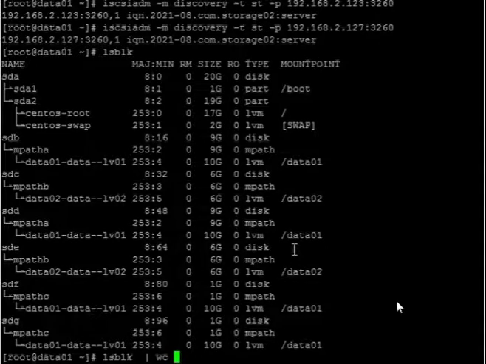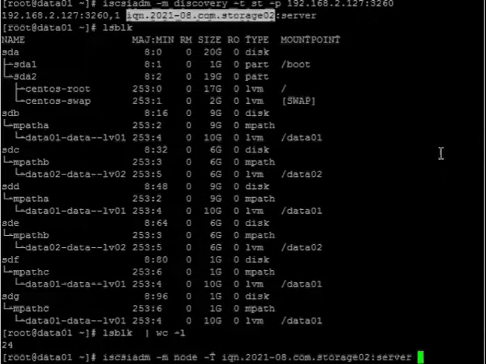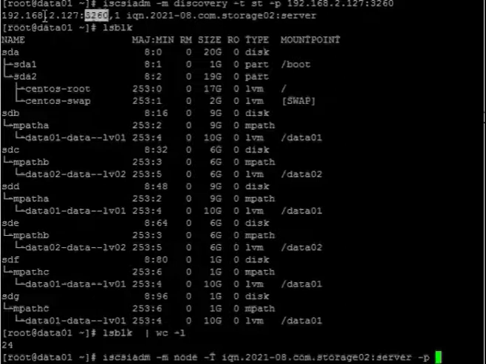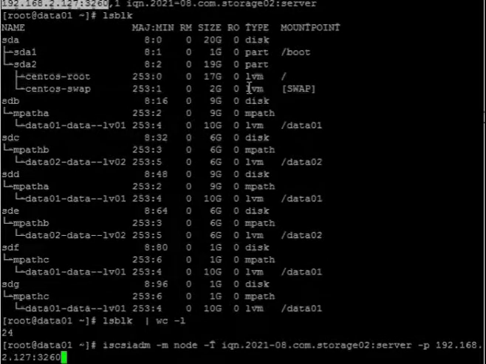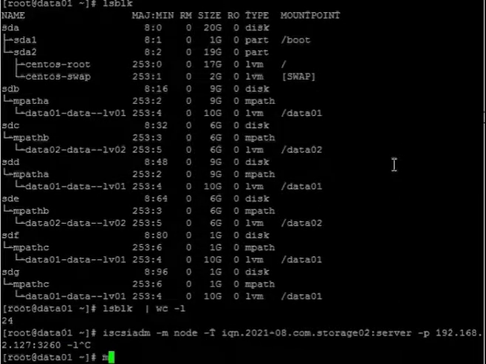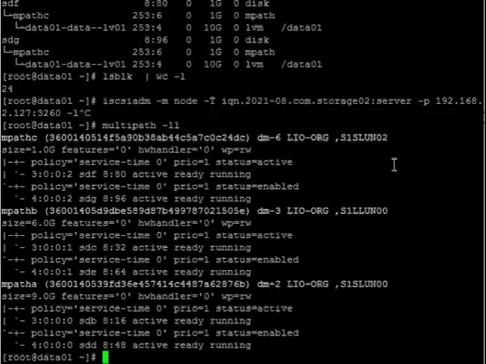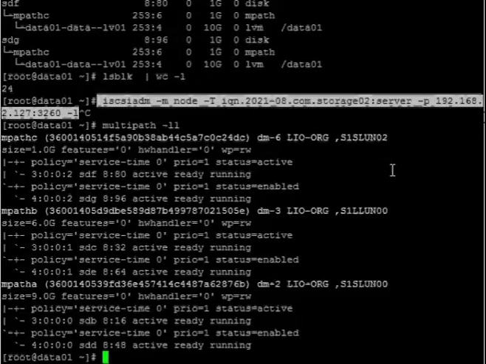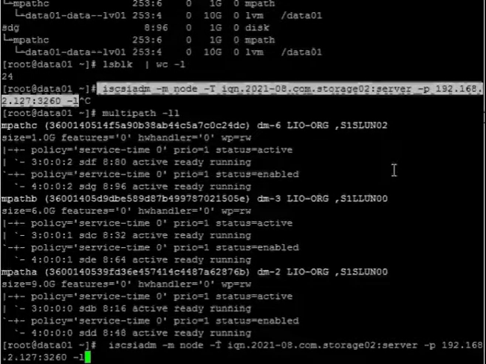Now we will connect our iSCSI target server of storage 2 to our data server. So before doing this, you can see only 3 disks, that is mpatha, b and c.